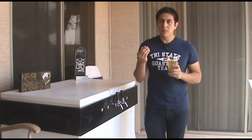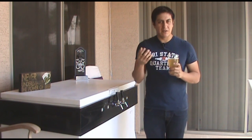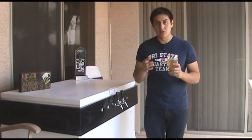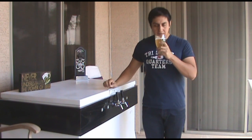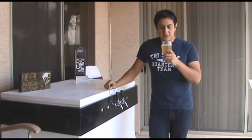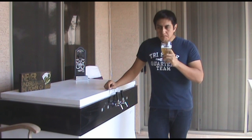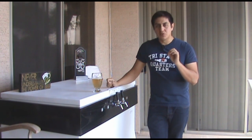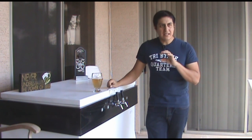Again, I've been moving more towards sharing my mistakes more so than things that I do and how to do things, because I think you can learn more from mistakes than actual techniques. So that's my goal with this beer. So to start out, I think the sourness in this beer, it has a very good sourness with it, but one of the things that I've noticed is that it's not